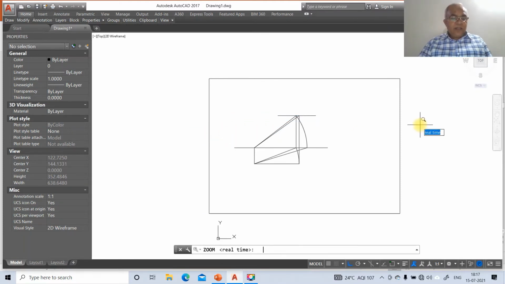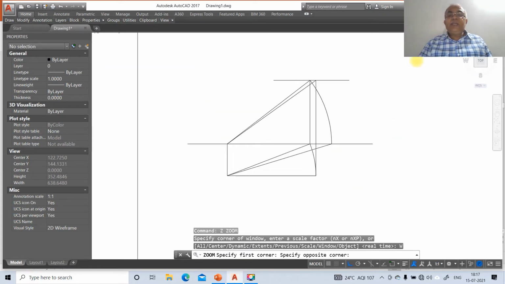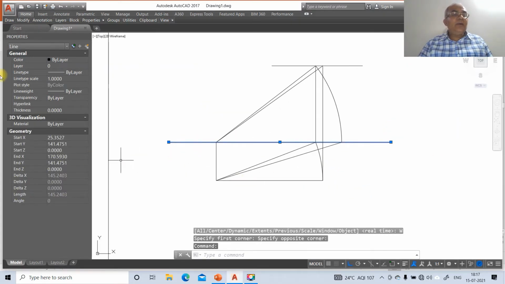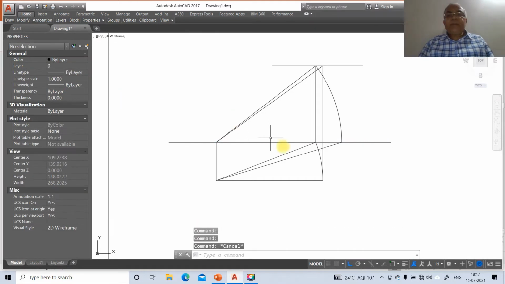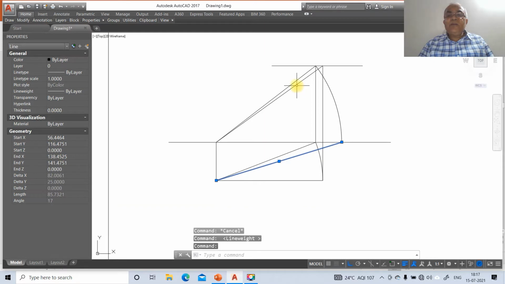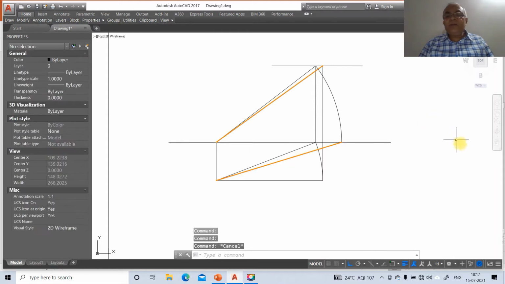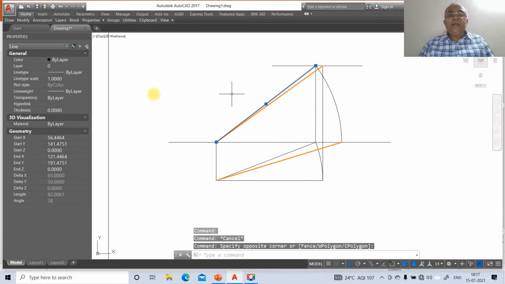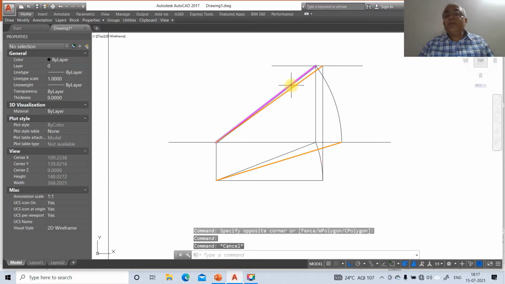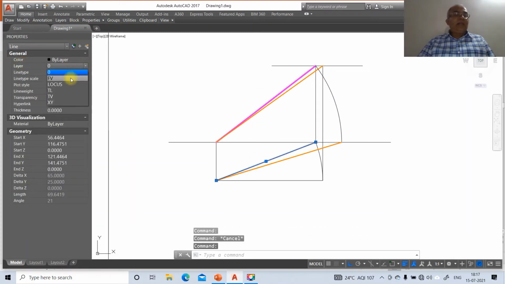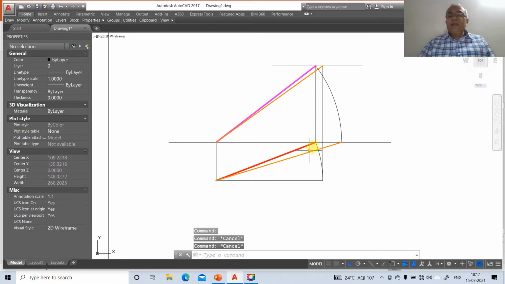So now we have this zoom window. Now we are going to change according to the requirement. So first we'll go for this line, go to layer, make that layer as XY, then escape. Similarly, you switch on the line weight display mode, select this true length, and you select this true length, go to layer, change that layer to true length. So automatically that will change. Similarly, you select this line and go to layer, make this as front view. So automatically the line thickness and color will change. Then again you click on this, go to layer, make that layer as top view. So automatically it changes to that color and the line weight.